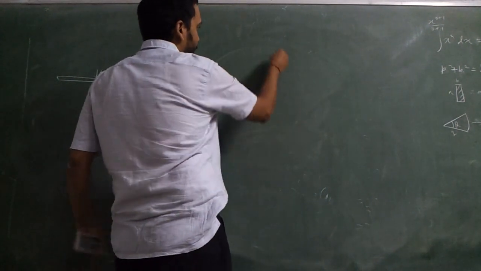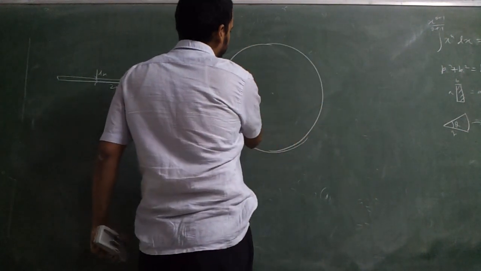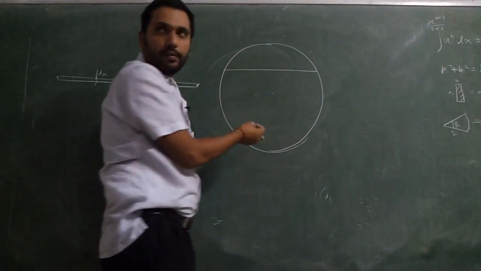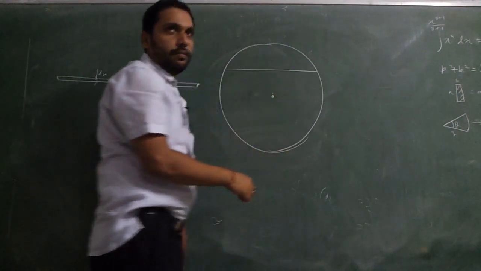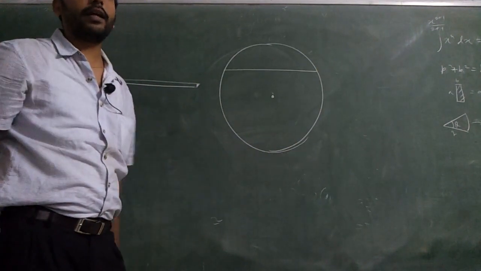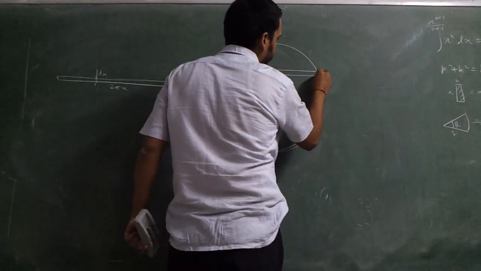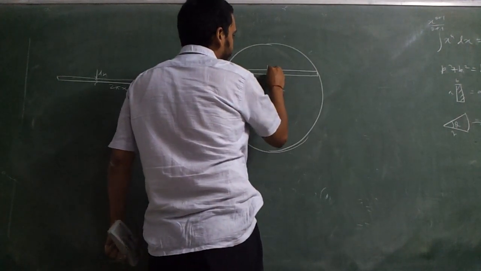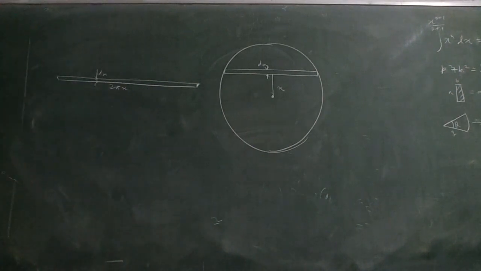Can you tell me any other shape, Nitin? What, rectangle? Okay, people are trying to do it like this, at any random x from the center, right? From the center or from the top? Okay, from the center. So we'll try to find out half the semicircle area and then double it. At any distance x, you take a thickness of dx and try to do it this way. This rectangle area you find out and integrate it all over.